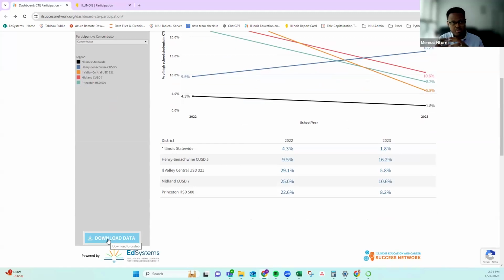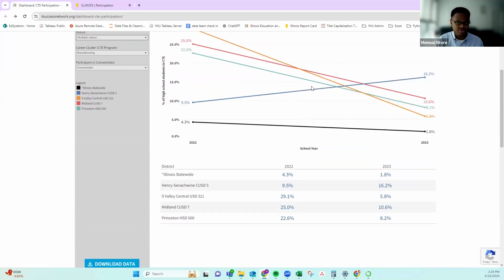If you want a smaller, more curated data set of just a particular group of districts, you have the ability to do that. Or if you want to download this as an image to put into a presentation or to showcase to another audience,